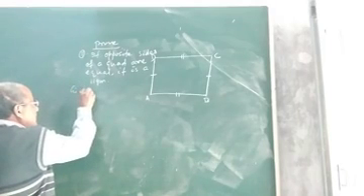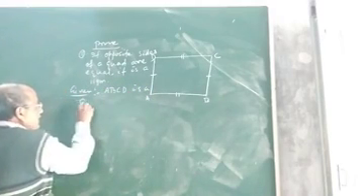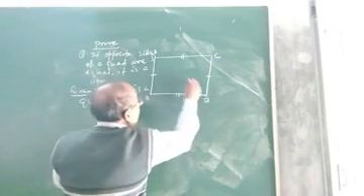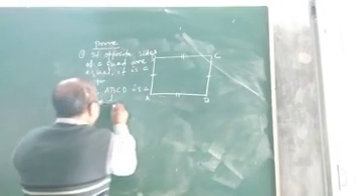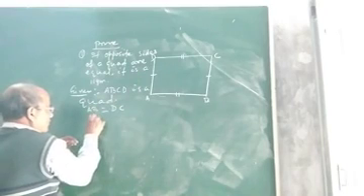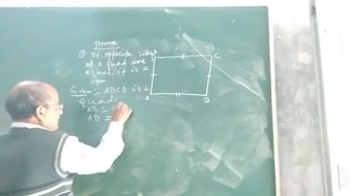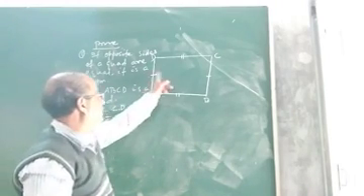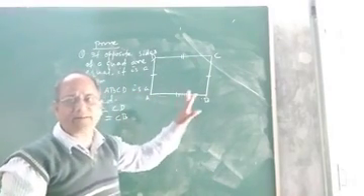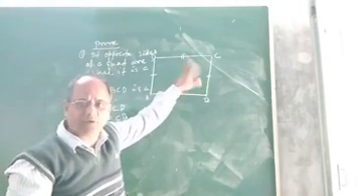So first you write what is given in this particular question. We are given ABCD is a quadrilateral. And what else are we given? We are given opposite sides, both pairs. That means AB and DC are equal, AB = DC, it is given. AD = CB is also given. These are the two given conditions, and ABCD is a quadrilateral. Now we will prove that if both pairs of opposite sides are equal, it will be a parallelogram.